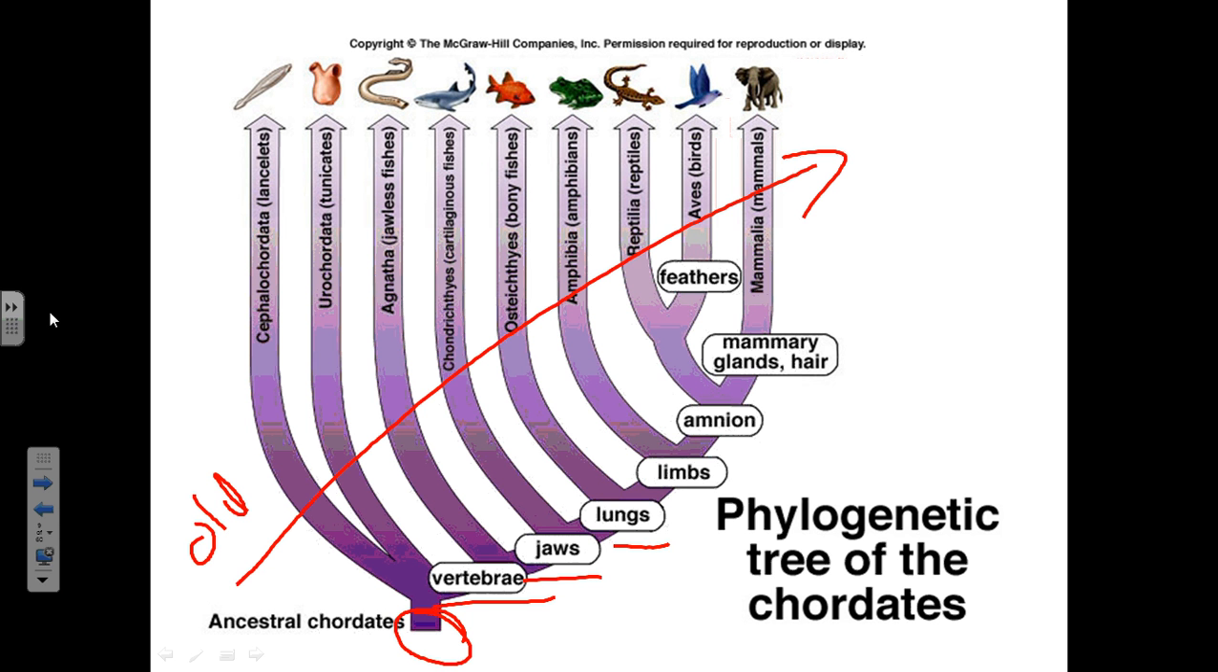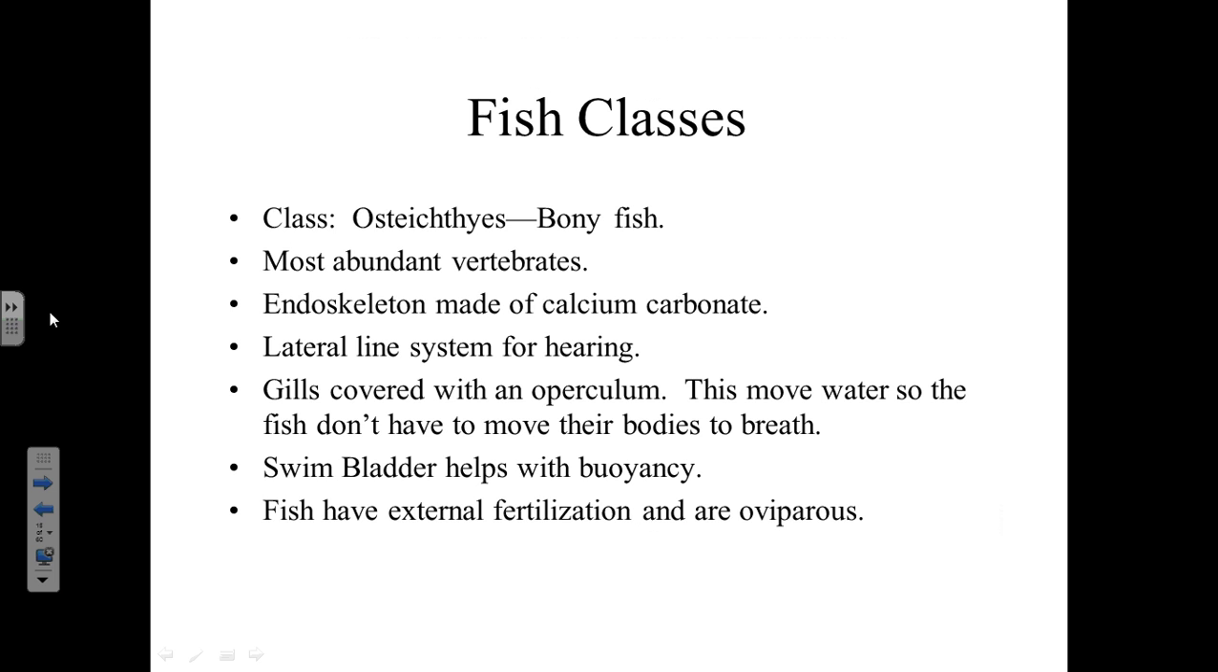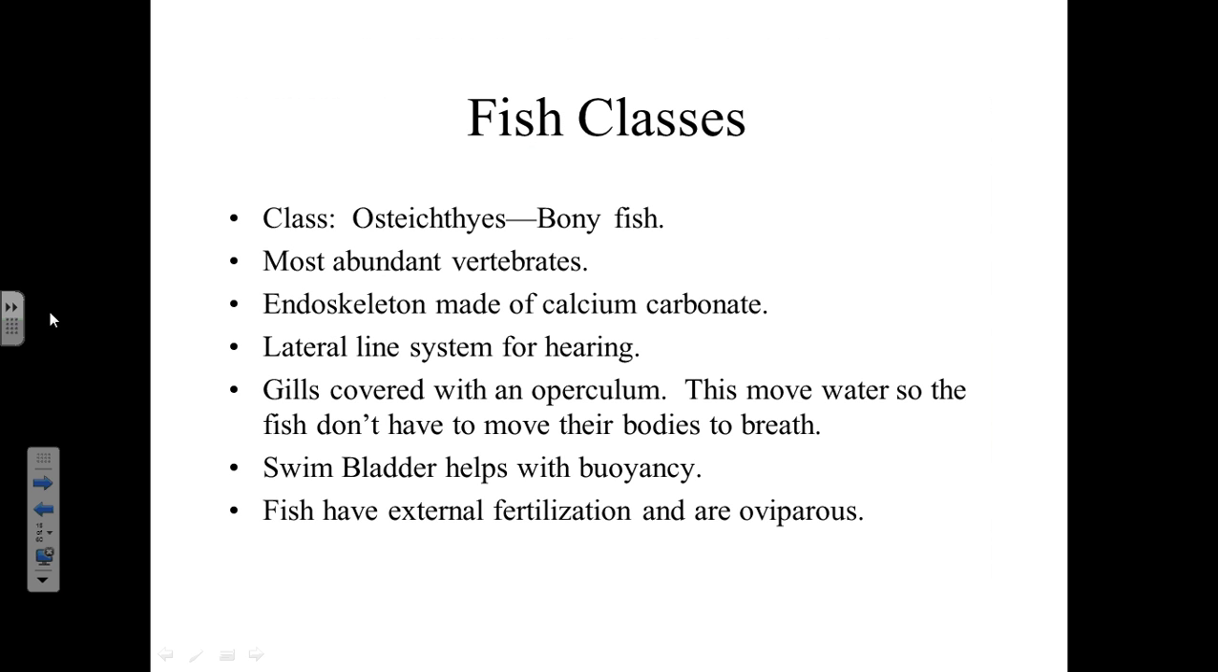The bony fish, a couple of them, have lungs. Now, remember, most fish don't have lungs. Most bony fish don't have lungs. But a handful of them do. And it's like I said, class osteichthyes, bony fish, the most abundant vertebrates on Earth. They have a skeleton very much like yours, internal, made of calcium carbonate. They have this little flap over their gills called the operculum, which helps to move the water over the gills